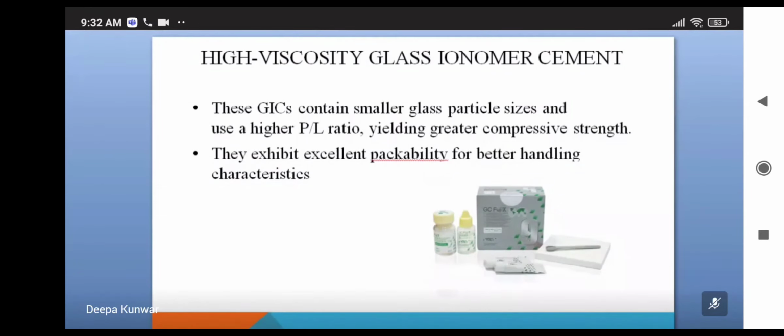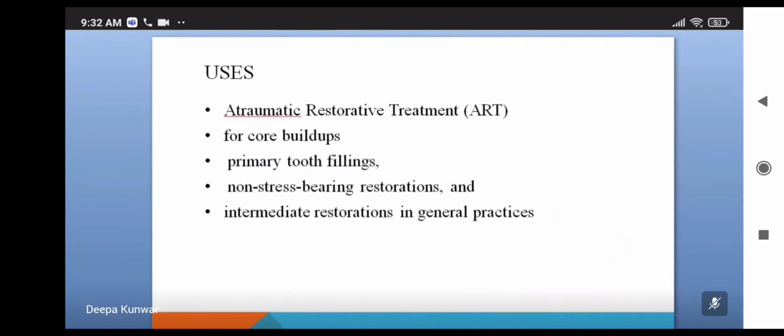Okay, it has been recently discovered. Earlier there were only classes 1 to 8. It has class 9 also. Okay, this is a high viscosity glass ionomer cement. It is used in atraumatic restorative treatment, for core build-up, primary tooth filling,